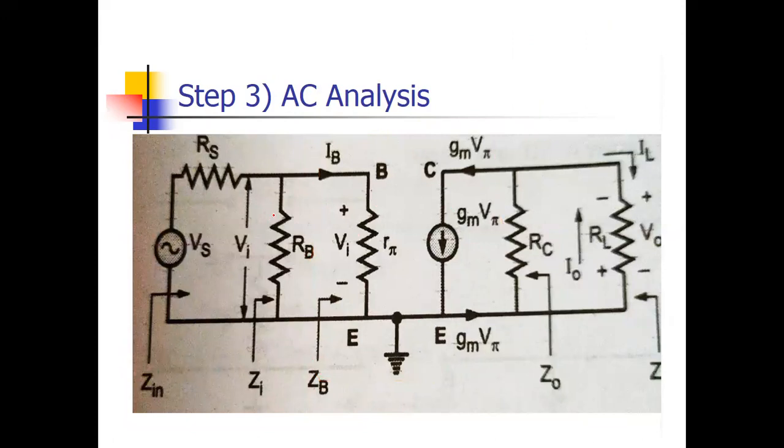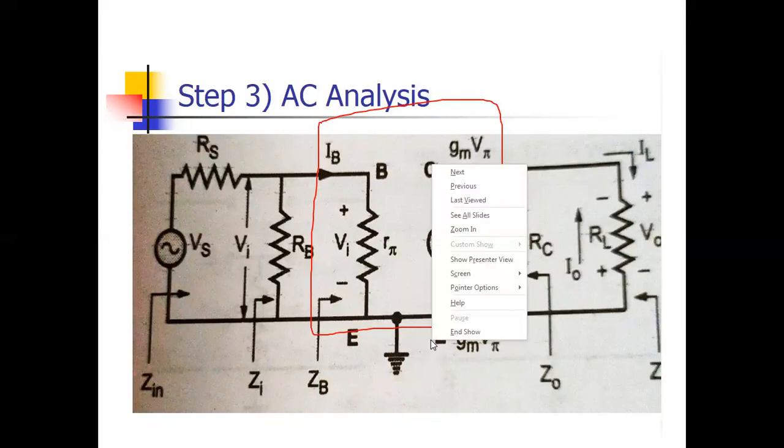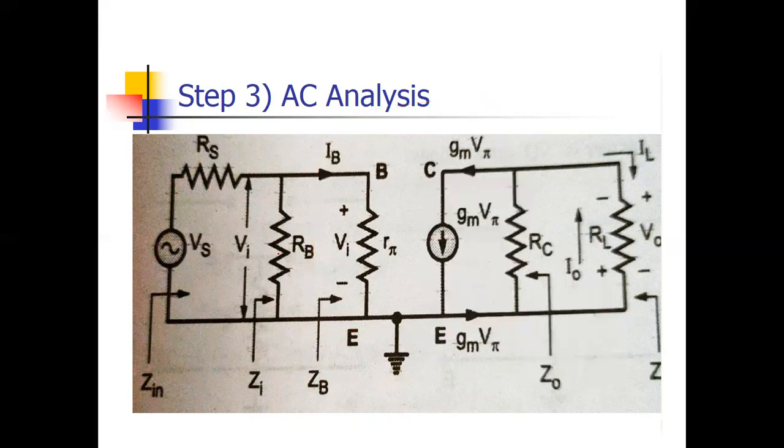If you have learned how to draw the circuit, then you can easily solve the further calculation. Simply, one BJT is converted into this, where the input is R pi and the output current is gm v pi. Next, at the input, RB resistance was there, R1 parallel R2, and RS, Vs there. At the collector, RC and RL resistance were there, just connected here, and the emitter was grounded. Now we have to solve this circuit.